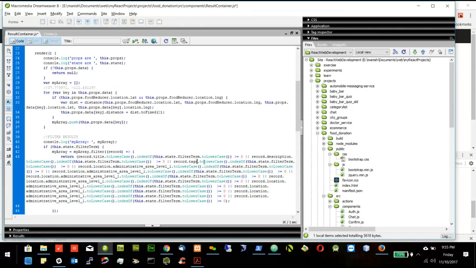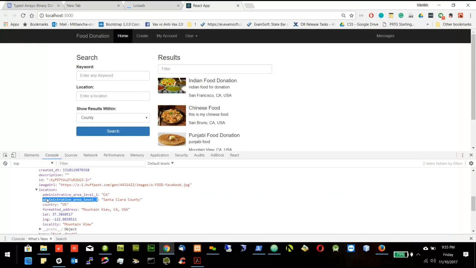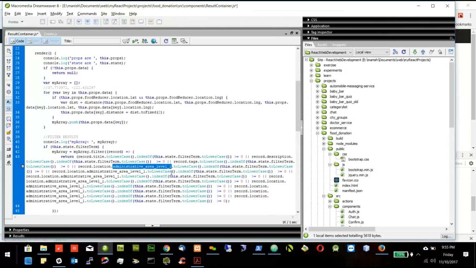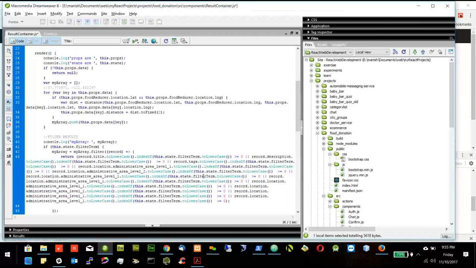Record.tags, record.administrative level 1. I'll go through each field. Any field if we found, we will show it. Administrative field 2, country,